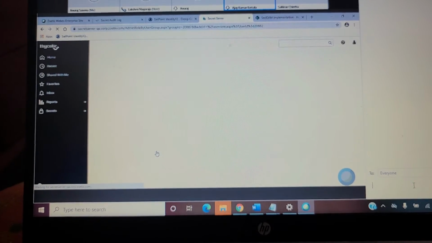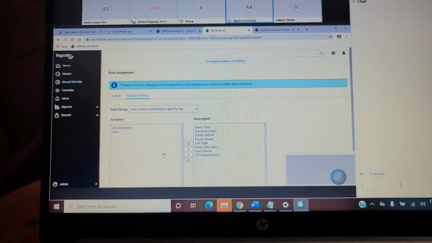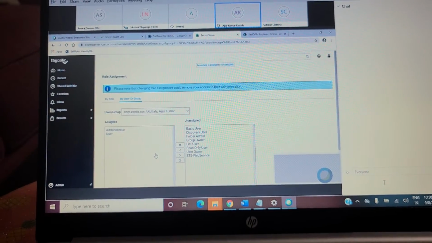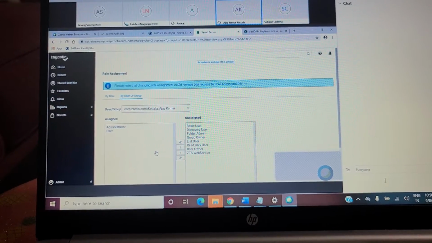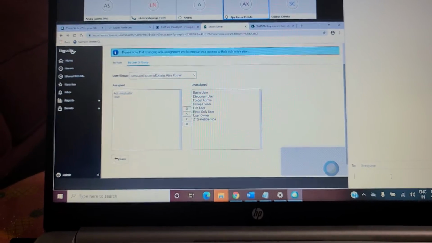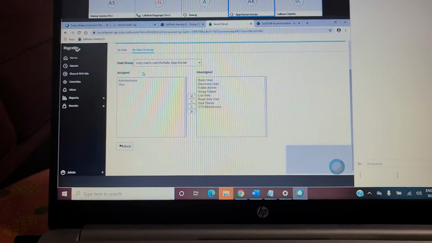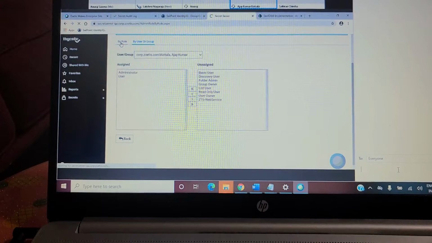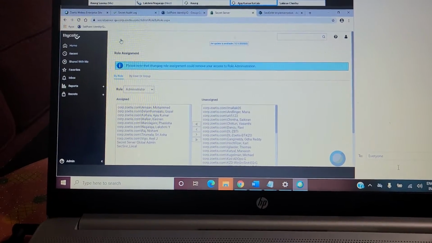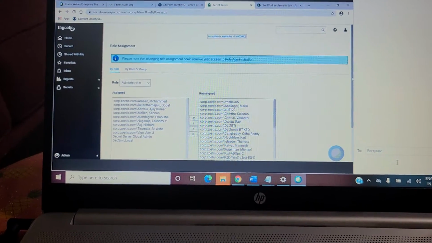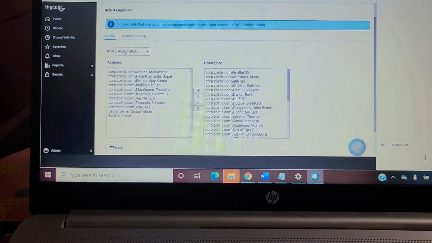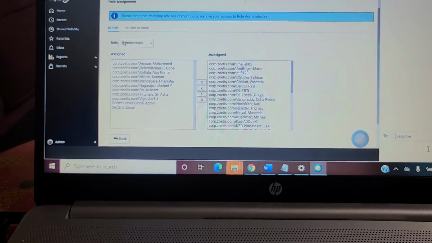So this is about a user. Generally, if a user wants access, we will go and enable the user. And for example, if you need administrator access, then I need to come inside your account and assign a role to you. Then only you will have the administrator role. So the difference between an admin and a normal user is that on the left hand side, there is an option called admin for you here. And for a normal user, this is not visible.